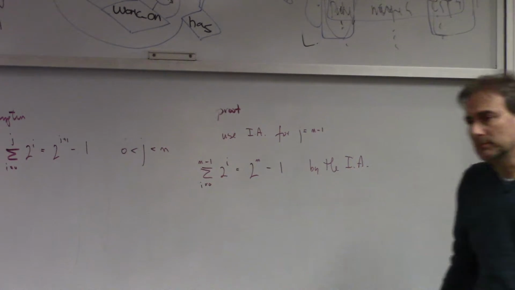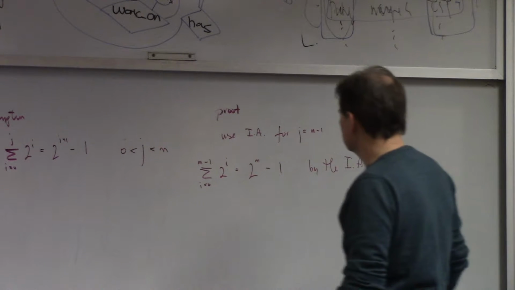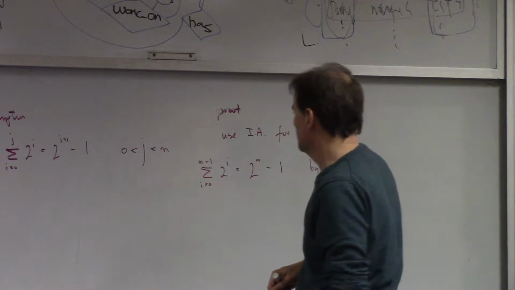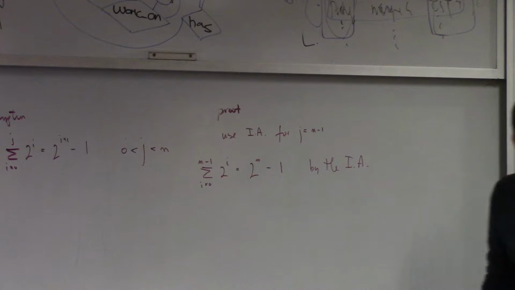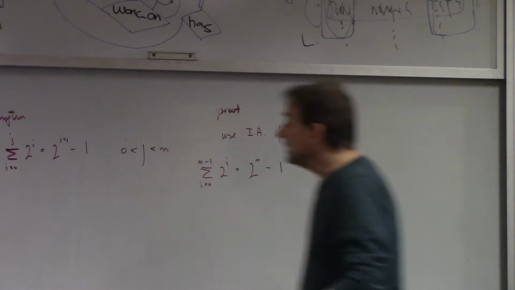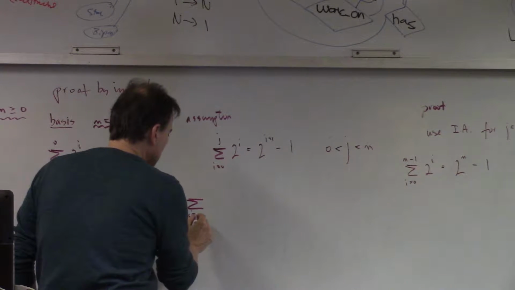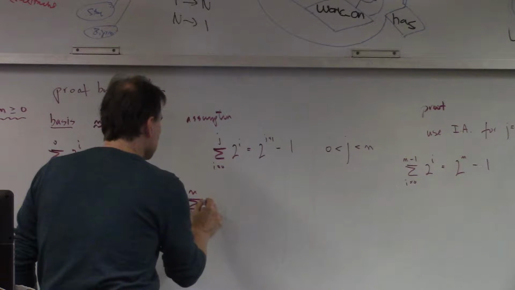Well, basically it's one more term. Okay? One more term. And that's the term which is equal to n. So what can I write here to do that? Add 2 to the n on both sides. Well, we can write, for example, that the summation as i goes from 0 to n of 2 to the i